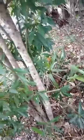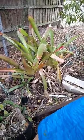That's right, they're called bromeliads. Bromeliads. Dino plants. Really good for the environment and fixing, rejuvenating the ground and all that sort of stuff. I think